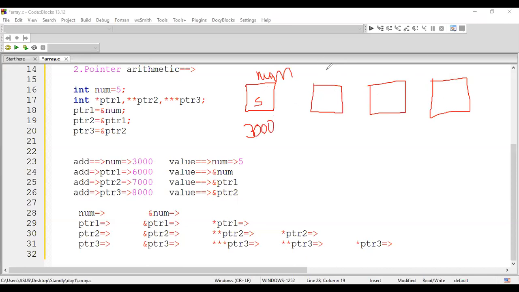Next are pointer 1, pointer 2 and pointer 3. What I stated here is that this is about 6000, this is about 7000 and this is 8000.